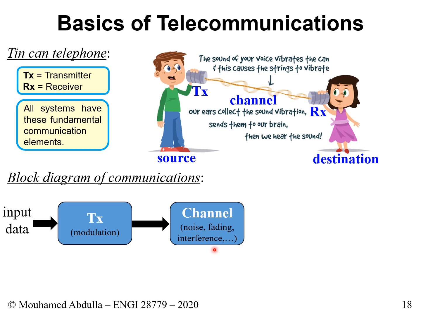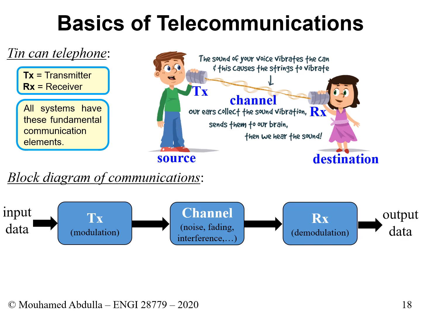So the channel will essentially deteriorate your input signal. The signal here will be deteriorated in the channel. Okay. And then the signal that goes through the channel will be detected at the receiver, and what the receiver does is demodulate. So it brings it back into lower frequency, and when you get it in lower frequency, you get your output